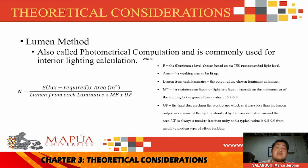So the last part is the lumen method. The lumen method is also called photometrical computation and is commonly used for interior lighting calculations. It is used to determine the total number of lights needed to produce a specific number of illuminants. The formula we used is N equals E times area over lumens from each luminaire times MF times UF,